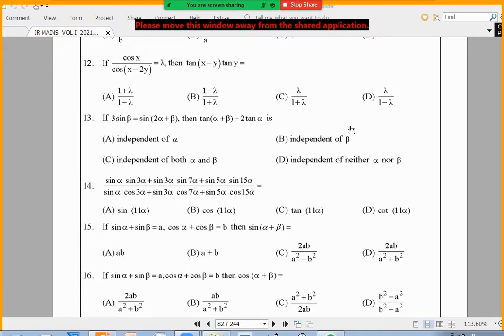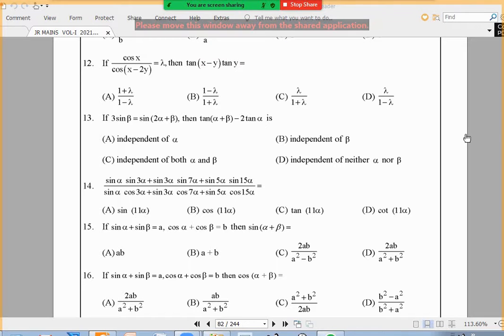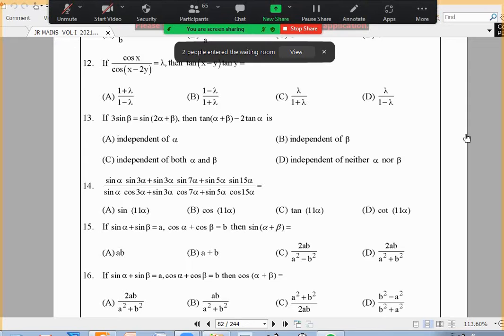Today, Patnaik sir is not able to take the class. That's why I'm taking this combined class, because somebody might have joined late and may not know. In one of the sections, if I did not discuss 9, 10, 11, I'll discuss them a little later. Let us carry on from 12. All of you are able to hear me? Yes, sir.